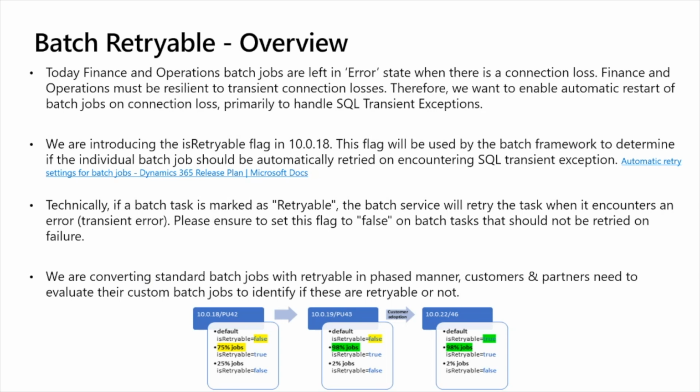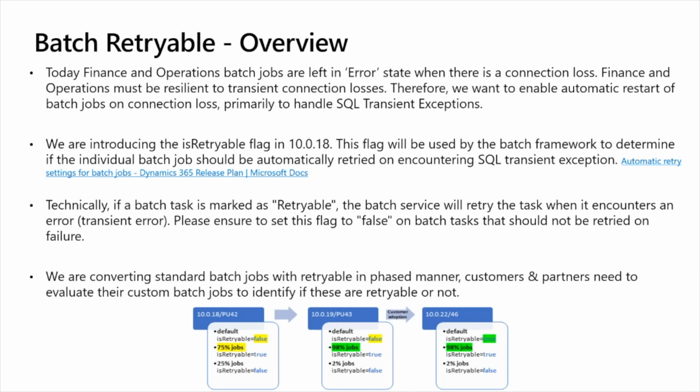For example, sales invoice. You run a sales invoice batch job which is doing an auto settlement against a payment from the credit card, and you have a batch task which is invoicing X number of sales orders. You had a SQL connection transient failure, and now the batch task is going to restart. It's going to invoice the sales orders from the start. If that happens, you will end up charging your credit card double. We want to avoid this kind of scenario.